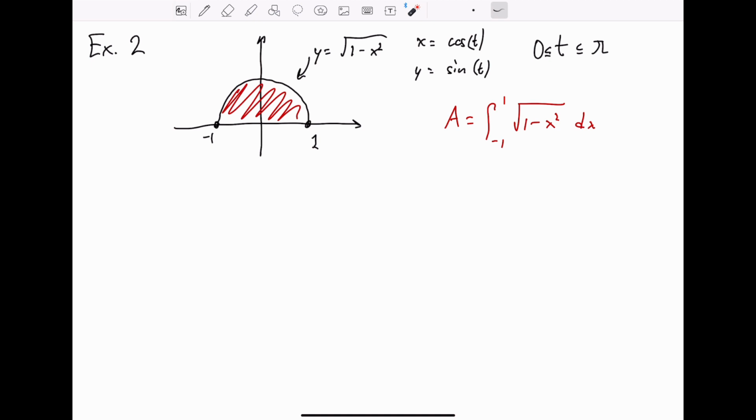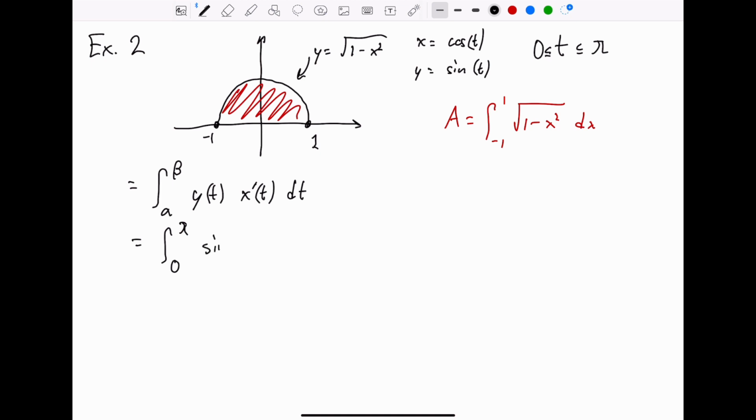Let's look at the integral that we get using parametric equations. So the integral for parametric equations is going to be the integral from alpha to beta of the y function times the derivative of the x function, integrating with respect to t. All right, so we have the integral. We're integrating now with respect to t. So these values of alpha and beta are the 0 and pi. So the limits of integration are from 0 to pi. And we have y, that's just sine of t, times the derivative of the x function. The derivative of the x function is negative sine of t,